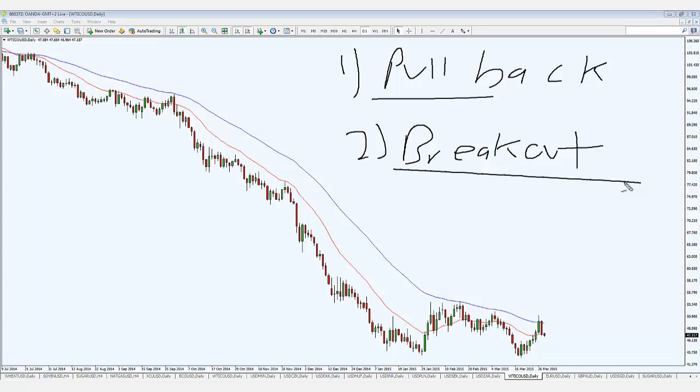So you see, there are only two ways to enter a trade, but there are many variations of it. That is something your trading plan has to tell you what to do at a particular point in time. And likewise for breakout,